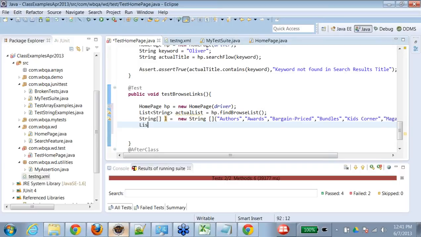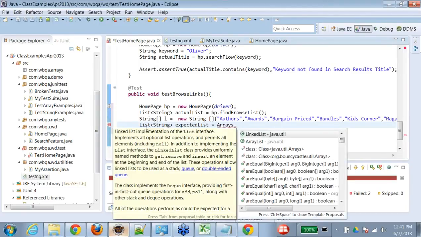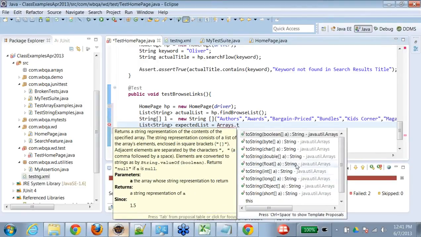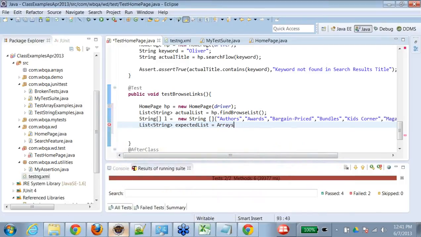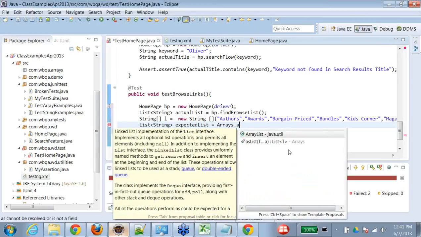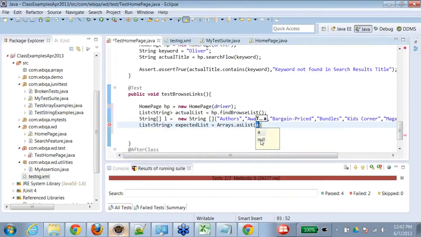So you have to say List of String expected list is equal to Arrays dot asList, and give this as L,